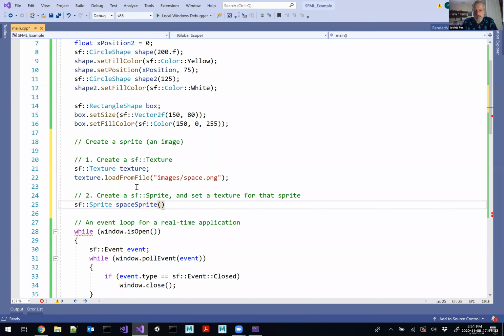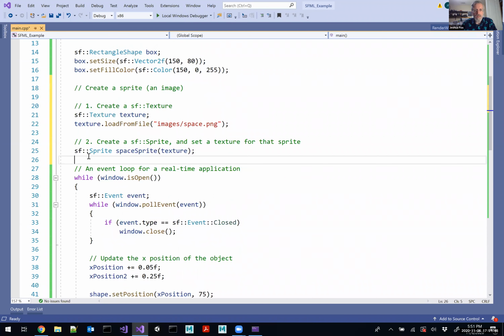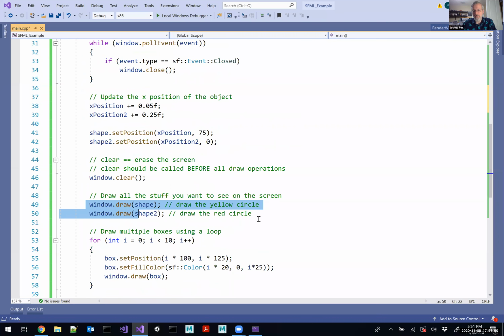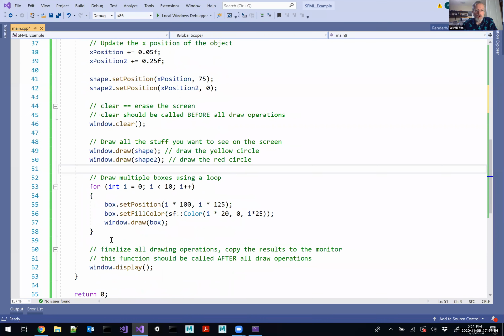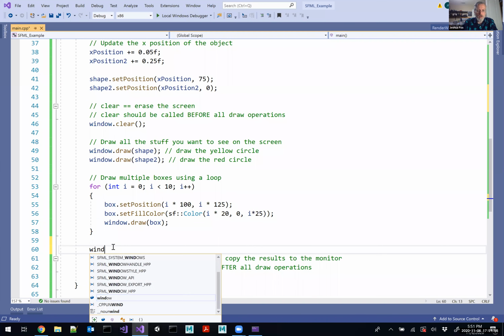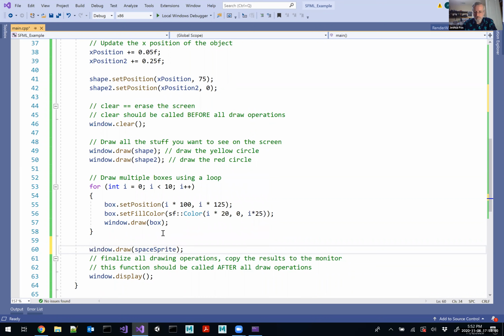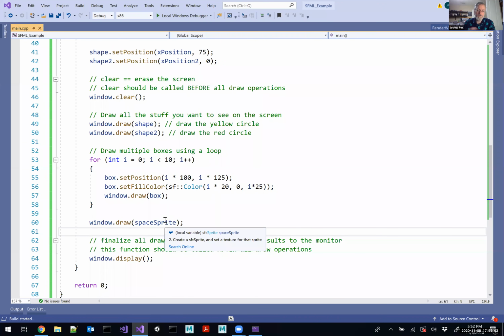In the constructor of this, I need to assign it a texture. So I made the texture right here, I loaded something in for that, and then I set that to the sprite object. Once I have this sprite, the way we draw it is the same way that we draw all of this other stuff, right? So here we'll do window.draw, and I'm going to draw space sprite. So if we run this,